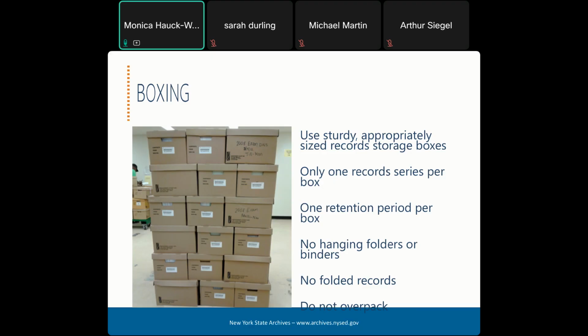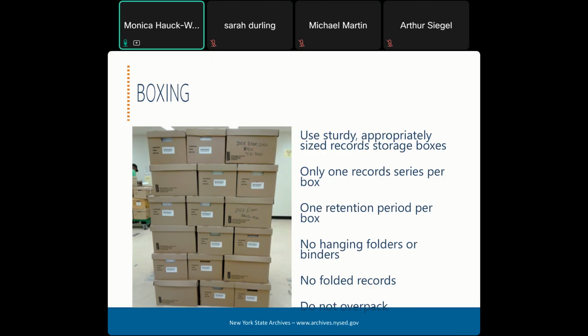And even if the box is in perfect shape, you're going to have to remove the folders before you shred the records. And that takes staff time that you don't necessarily need to spend if people remove the folders before they put the records in the boxes. So what if you just take the hangers out of the folders? Well, it means that the folders are still taking valuable space in the box. More importantly, it means that you can't use the folders to store active records. If you're making the choice between continually buying more hanging folders and just pulling the records out of the folders and putting them in the box, you're probably going to want to go for the latter option.